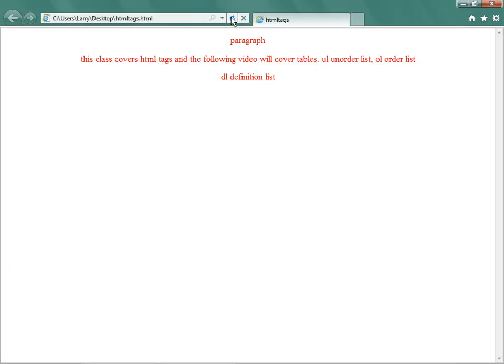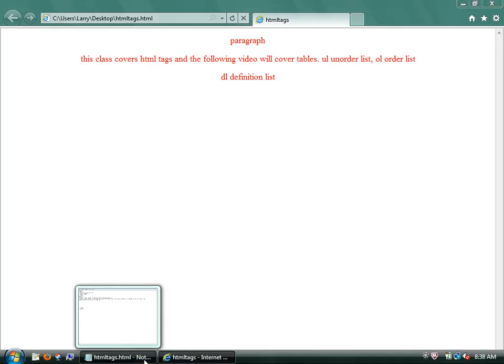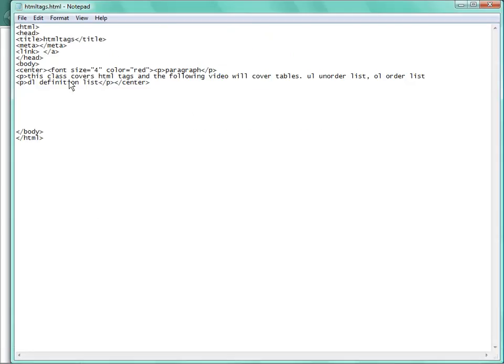Alright, to continue here, so that's your center tags, your font size, font color, your paragraph, and then you have to make sure you end everything. Center, end center, font, have to end font. What will happen if you don't, especially with font, if you don't end font, the whole page will look that color. You could also come down here if you want, and you could make this. You could put an end font up here,